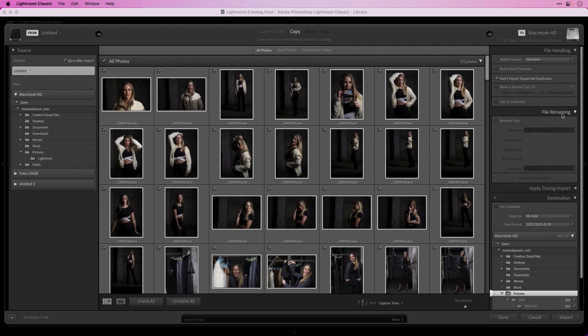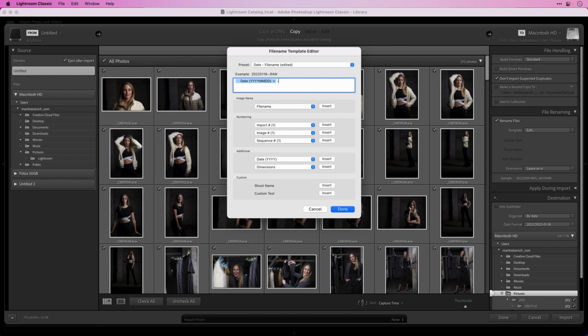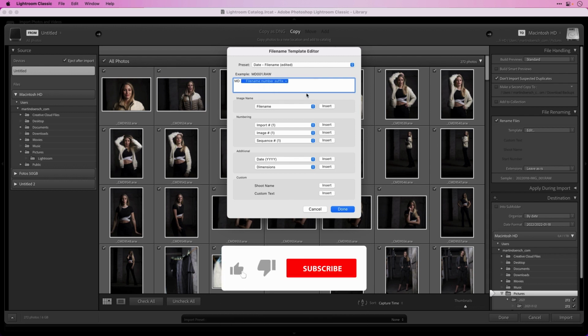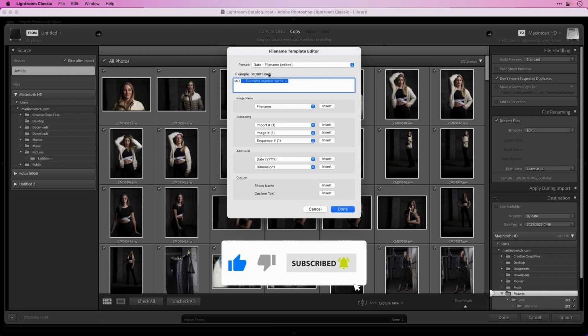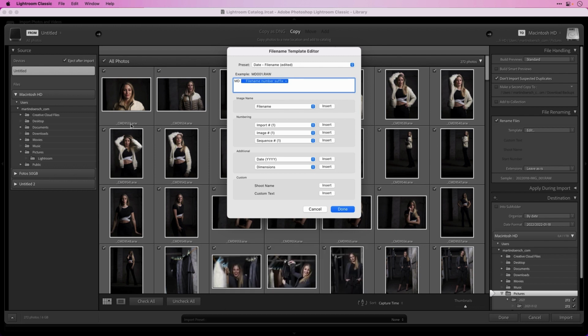File renaming is a crucial one for me. So I activate rename files and then you have here your templates. The standard templates are okay, but not what I need. So I go to the edit button, and here I delete everything and start with a new template, and I want my initials, so MD, and after that I don't want to have my file name, because then I would have the file name that comes from the camera, but no, I want to have my file name number suffix, and so I have MD001, or in this case MD9532.